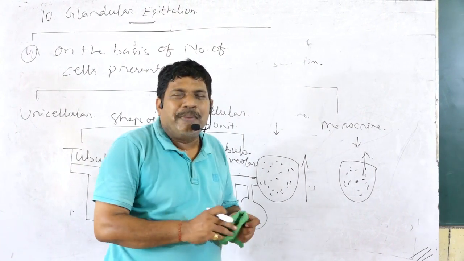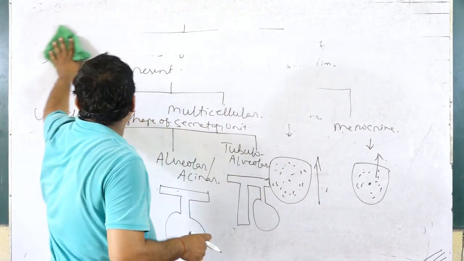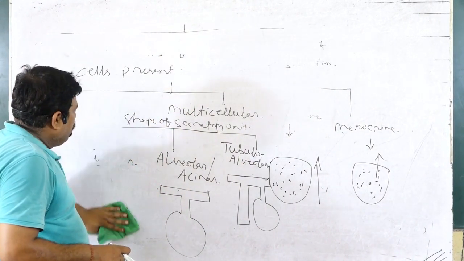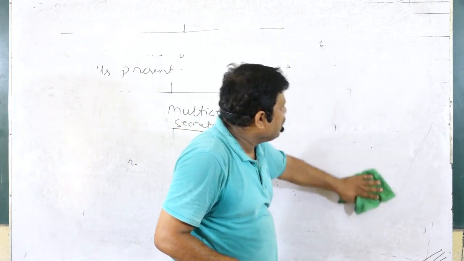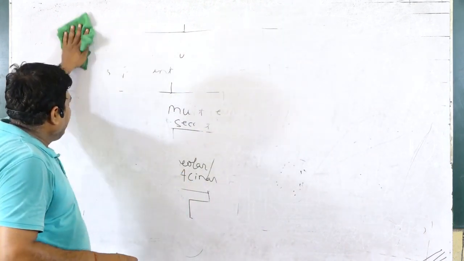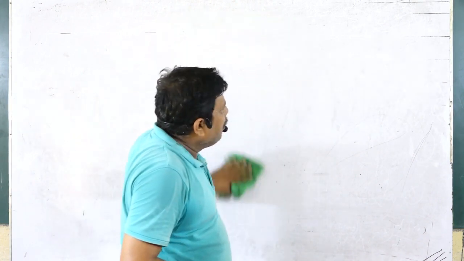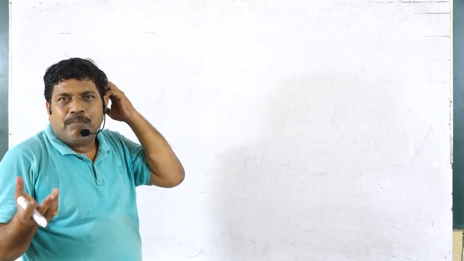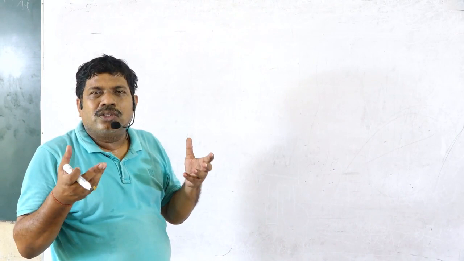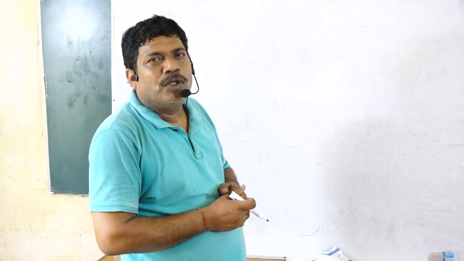There, on the basis of 4 types, they are variously classified. On the basis of their nature of secretion, may be mucus, serous, mixed; whether presence or absence of duct, either exocrine, endocrine, paracrine, heterocrine, mixed. On the basis of mode of secretion, apocrine, holocrine, merocrine, and according to number of cells, unicellular, multicellular, again on the basis of shape of secretory unit, tubular, alveolar and tubulo-alveolar.